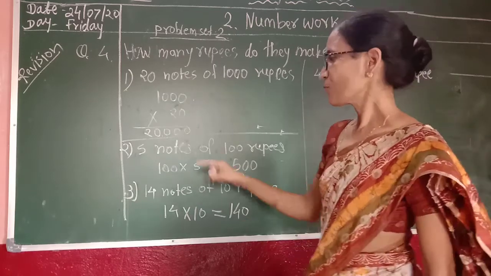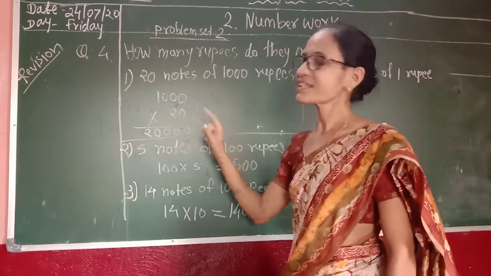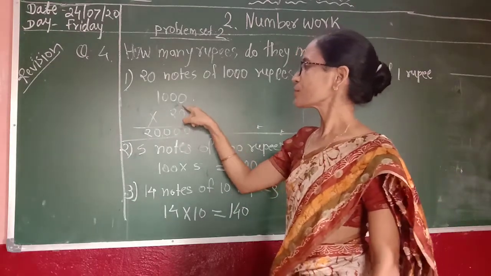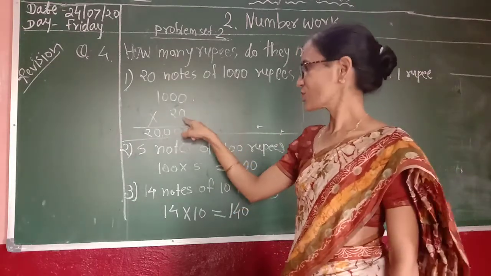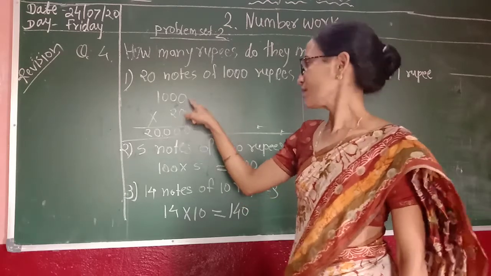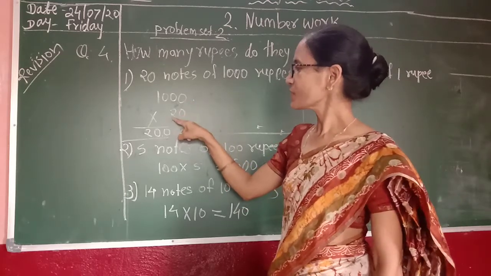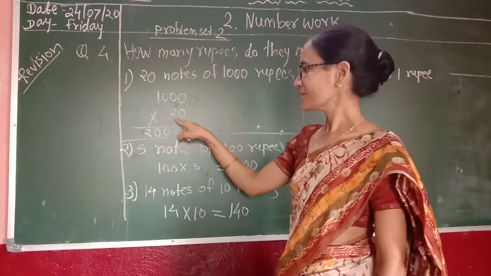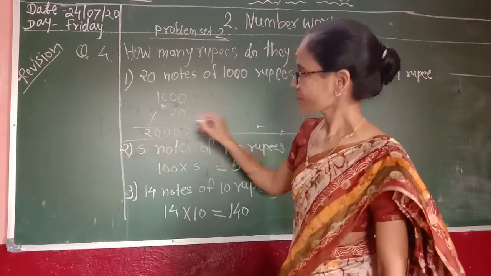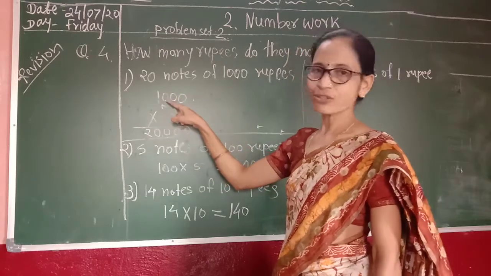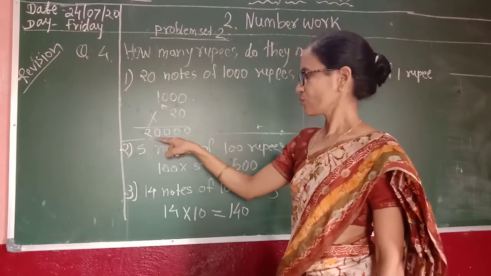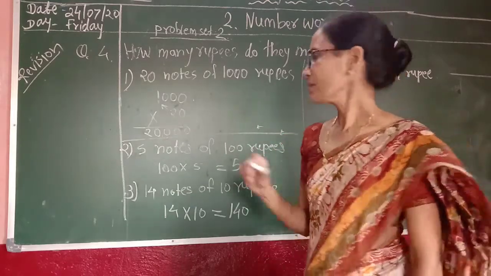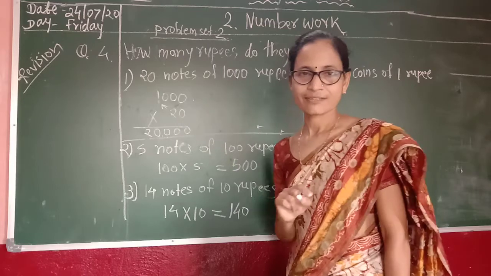Now, this multiplication is very easy. You know how? If there is 0 in the unit place, okay, here is 0, here also 0. So you multiply only this number. 2 1s are 2. आपको क्या करना है? बस इन दोनों का मल्टीप्लिकेशन करने का है. 2 1s are 2. और कितने 0 है? 1 2 3 4. Easy method of doing the multiplication where there is 0 in the unit place.